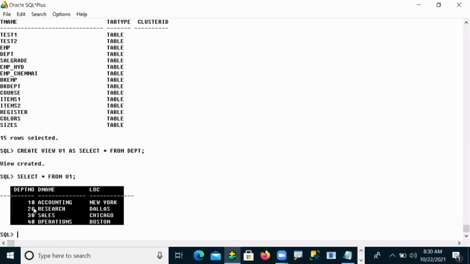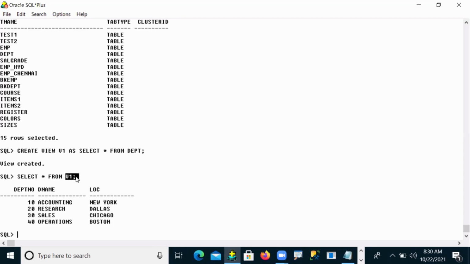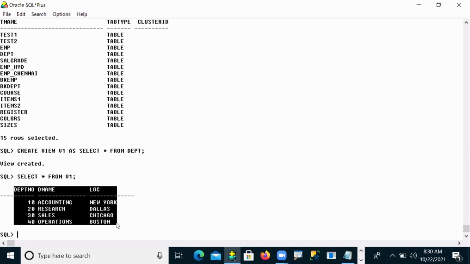This is only the result, but the data that was there is not saved in your View1. This is just what it will do: whatever query you wrote, the data you extracted and retrieved will be displayed through the view only. But a view doesn't store the data. View doesn't store the data. It's just like a mirror image. That I said, virtual imagination.